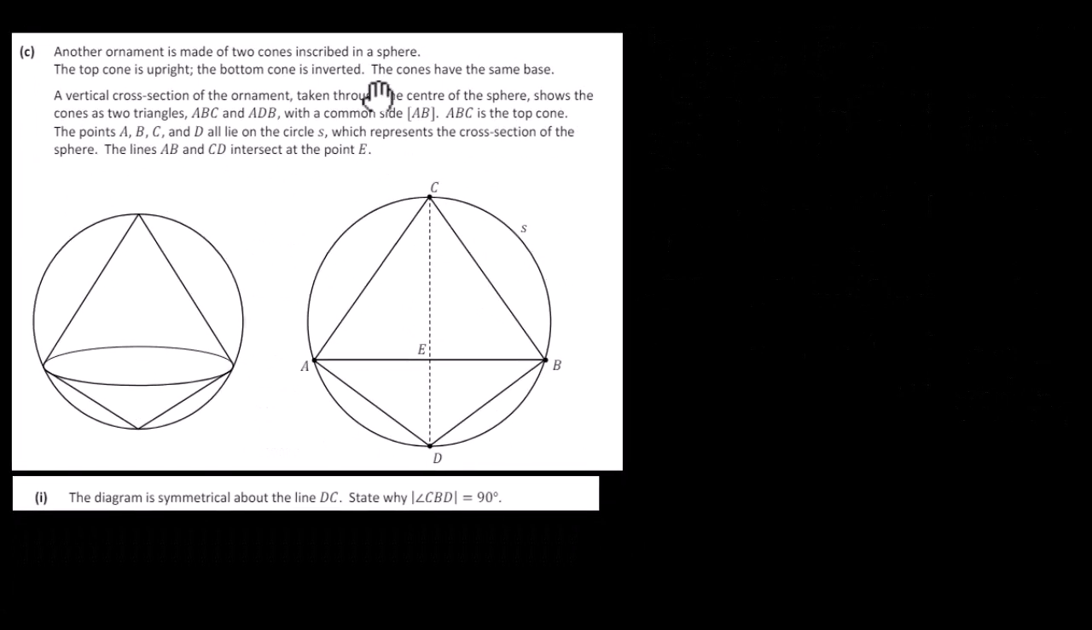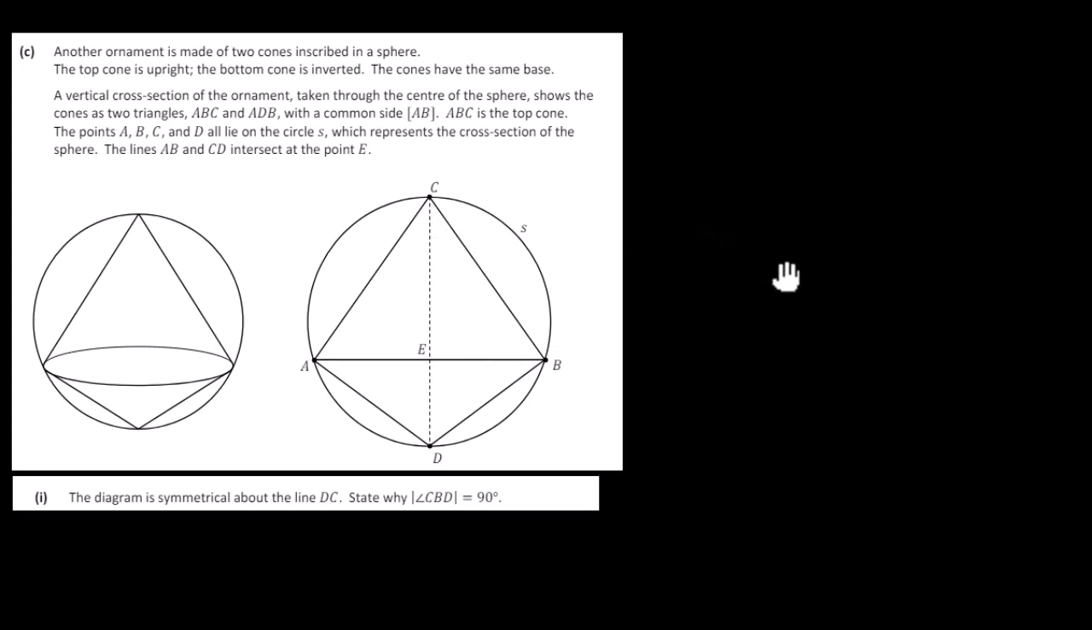Let's have a look at C. Another ornament is made of 2 cones inscribed in a sphere. The top cone is upright, the bottom cone is inverted. The cones have the same base. A vertical cross-section of the ornament taken through the center of the sphere shows the cones as 2 triangles, ABC. So we've got A, B and C here, and we've got A, D, B here as well, with a common side AB. ABC is the top cone, and the points A, B, C and D all lie on